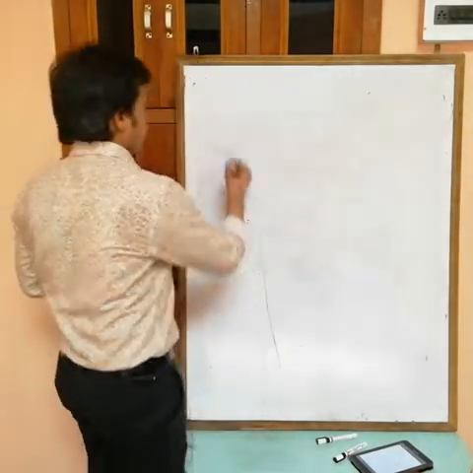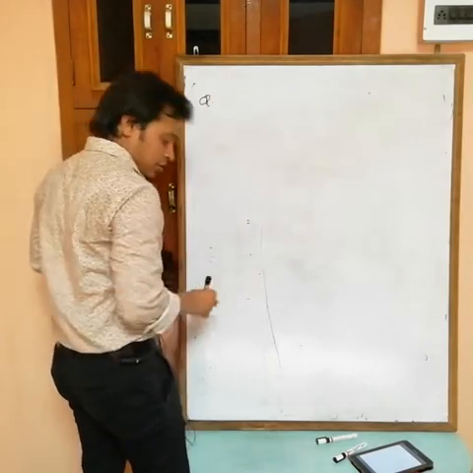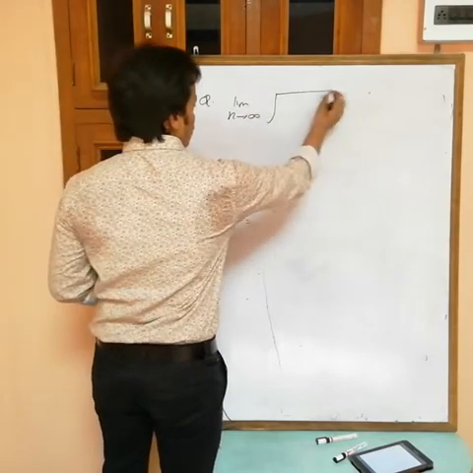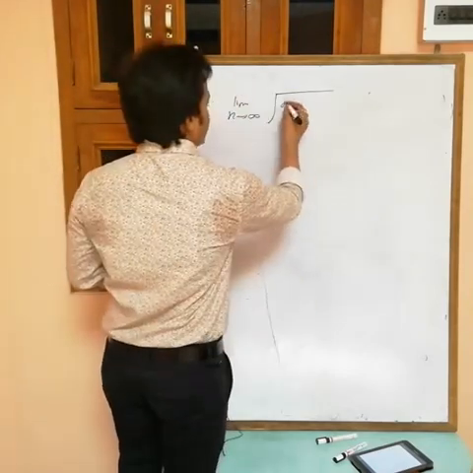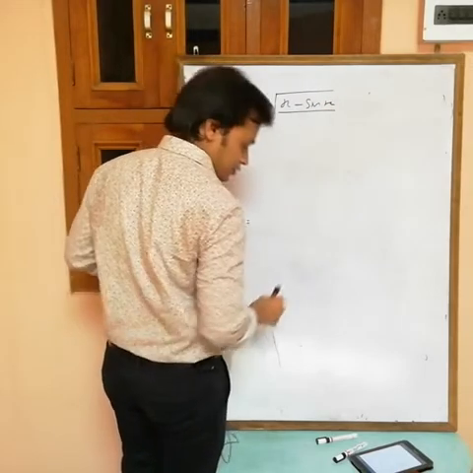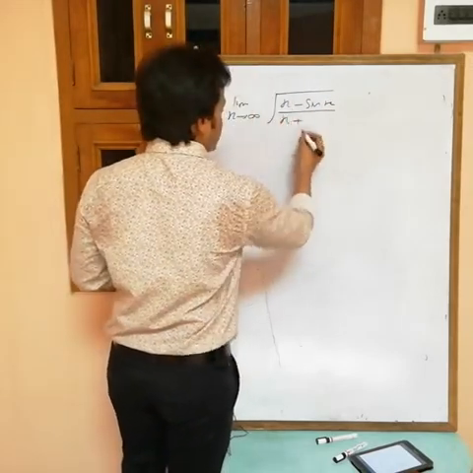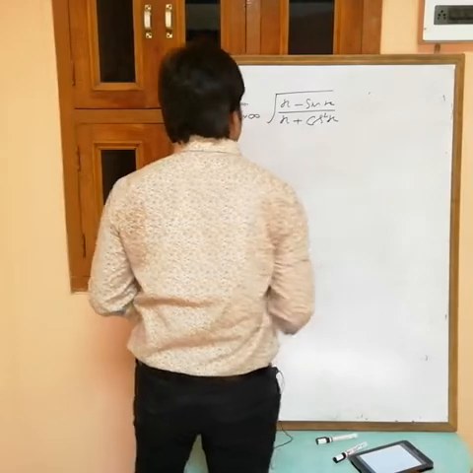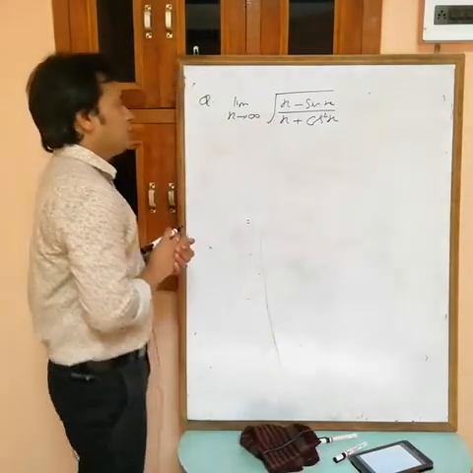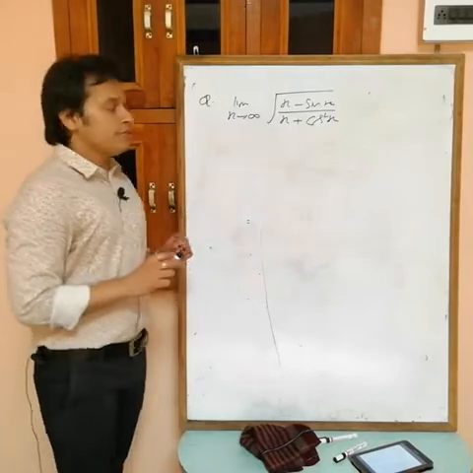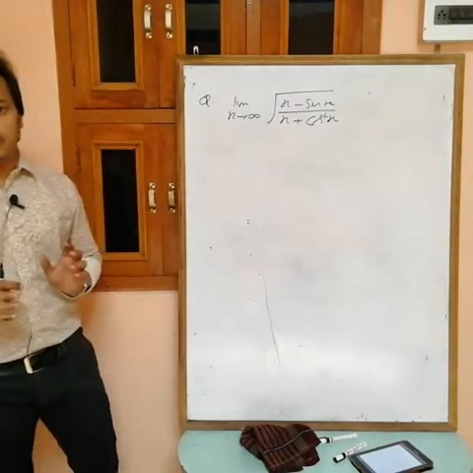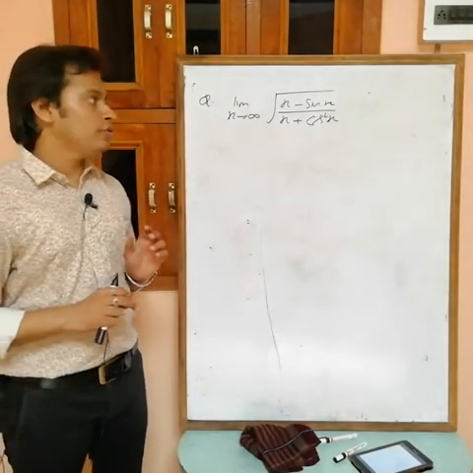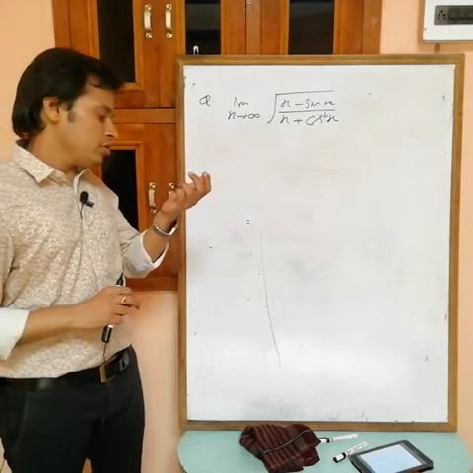Okay, next. Limit x tending to infinity of root over x minus sine x by x plus cos square x. Again, if you put x equals to infinity, we are getting infinity by infinity form. Now remember, for this question you can't use L'Hopital.